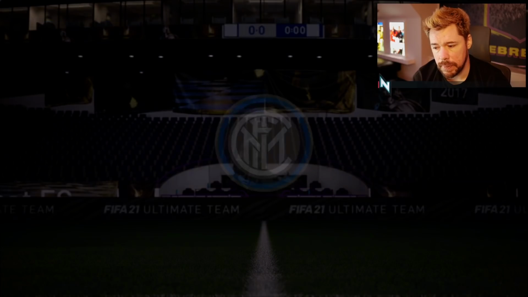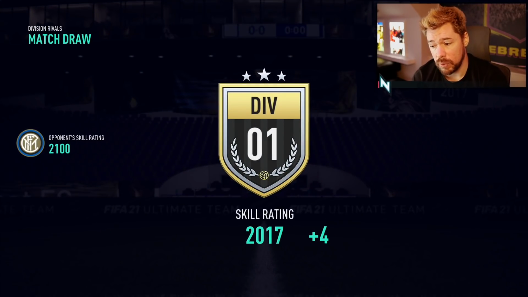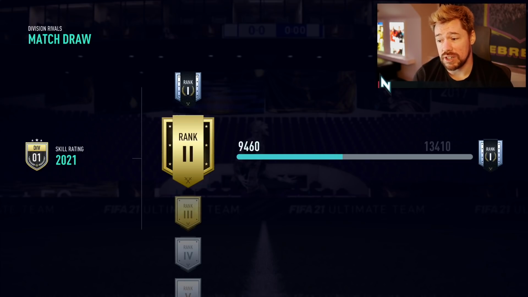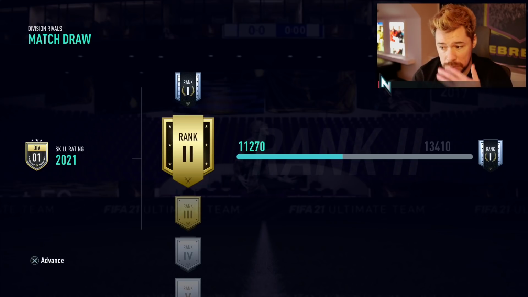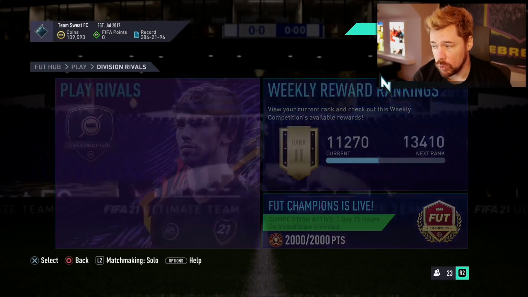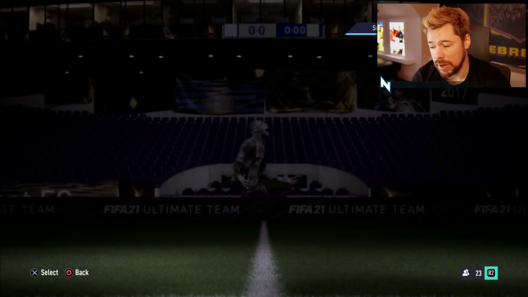So 2,100 skill rating. It doesn't surprise me that his skill rating is that high. We get +4 for the draw, which is very interesting. And we get ourselves 480 points, which again is very good because it's above the FUT Champs threshold, which is extremely valuable. And you can see there, in the top right-hand corner, we did complete